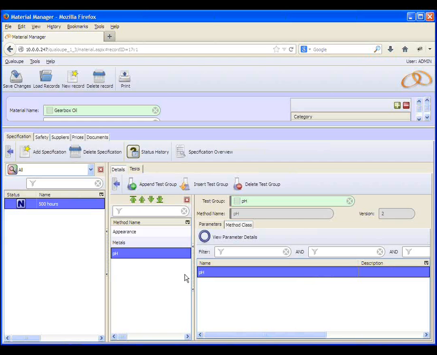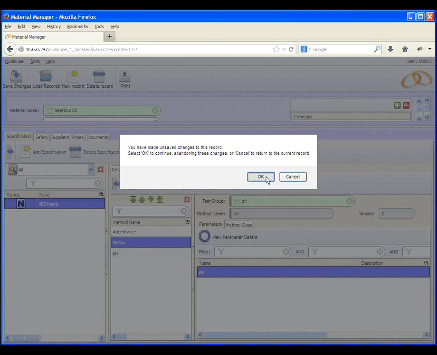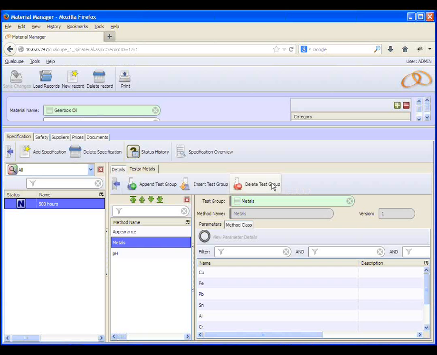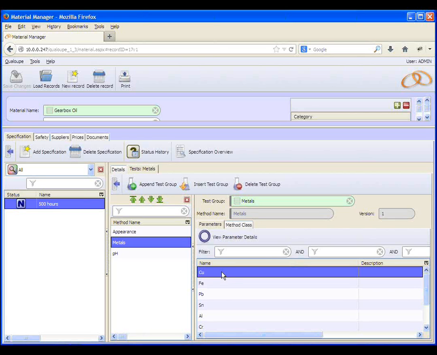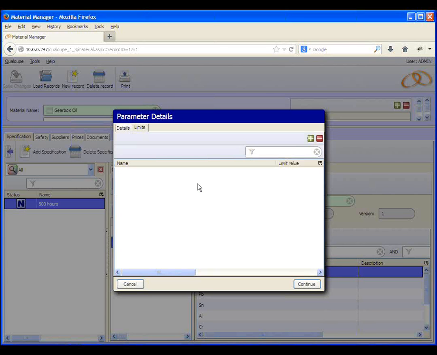I'll close that. If I go to, thinks I've made a change. There we are. If I go to metals and I click on copper, view parameter details, same thing as before. But if I go to limits, there are no limits set from the method. The pH limits were inherited from the method, but this one has nothing set at method level, which means I can add a new limit. So I'm going to click on plus,